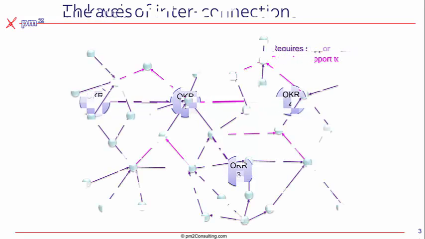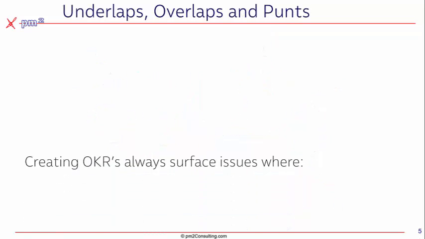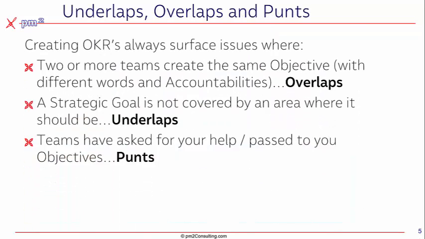Now, this seems simple, but the reality of organizations is it's a mess. We have OKRs that have similar names but are actually different. We have OKRs that have different names but are actually the same. We've got overlapping ones, undefined parents and children, and so forth. Now, it takes a while to sort out this stuff, but there's a couple of tricks we can do to expedite the journey. So basically, that chaos I described fits into one of three categories, what we call overlaps, underlaps,